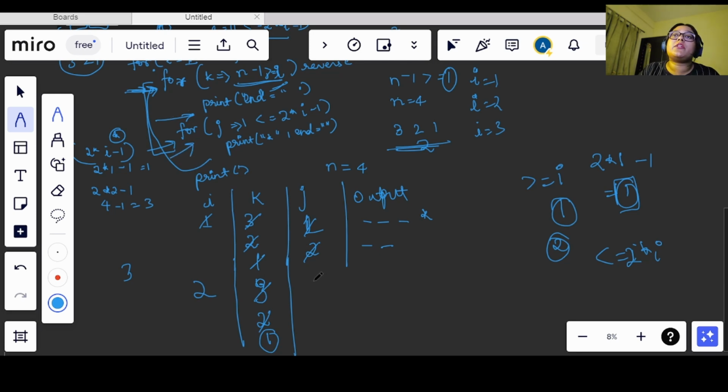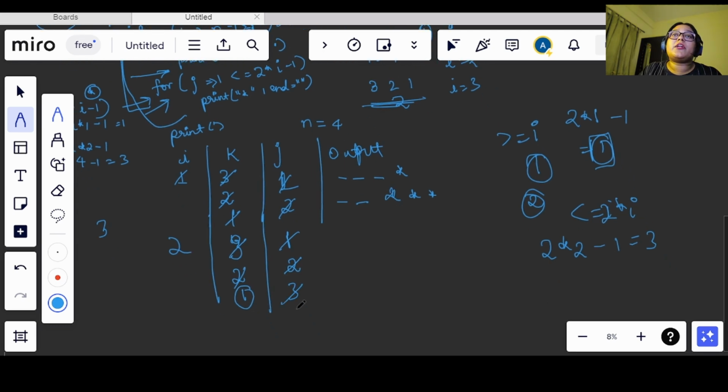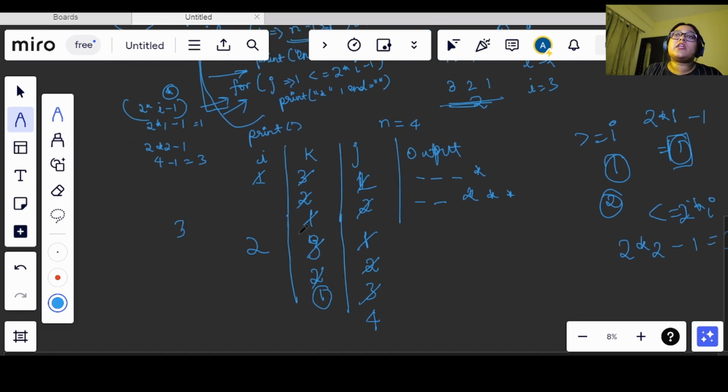Now again for j, what will happen? We will start iteration from 1. Now 1 we are printing here, so we will be printing 1 star, right? For 2 multiplied by 2 minus 1, what we are getting? We are getting 3. That means according to j, the stars will be printed 3 times, right? So 1 star is getting printed, again j is getting updated to 2, so 1 more star will get printed. Now it will get updated to 3, 1 more star will get printed, and when j will get updated to 4, the condition will become false and our j loop will end and we will come back to i for the third iteration.